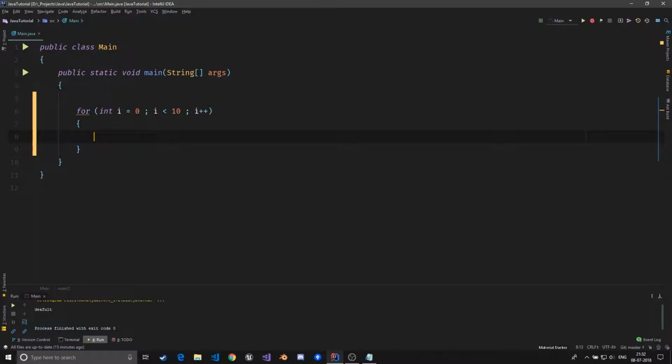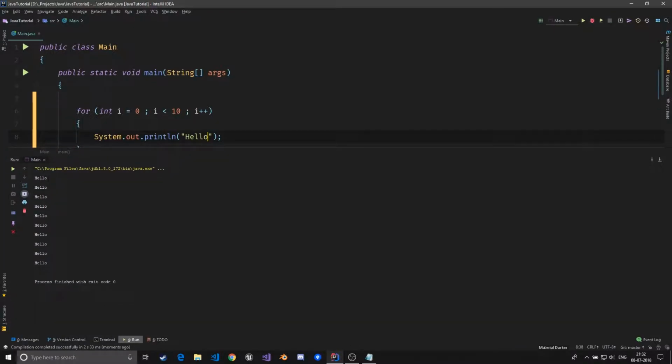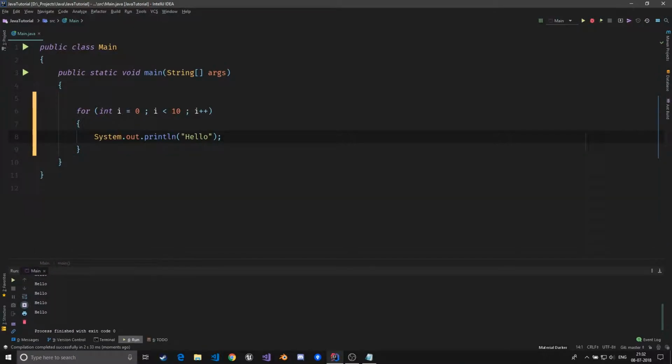So I can have anything inside here, and just do some print lines, and if I press Control Shift F10 it will just build the project, and you'll see that I have printed hello 10 times because the for loop goes 10 times. Now there are many things to add to the for loop,